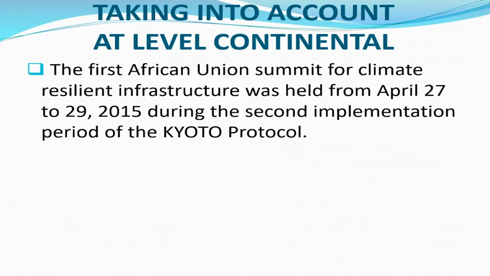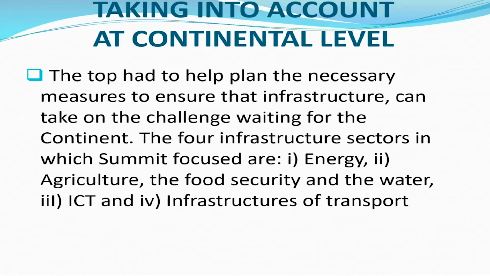The first African Union Summit for Climate Resilient Infrastructure was held from April 27 to 29, 2015, during the second implementation period of the Kyoto Protocol. The summit helped plan the necessary measures to ensure that infrastructure can take on the challenge waiting for the continent. The four infrastructure sectors on which the summit focused are energy, agriculture, food security, and water, ICT,